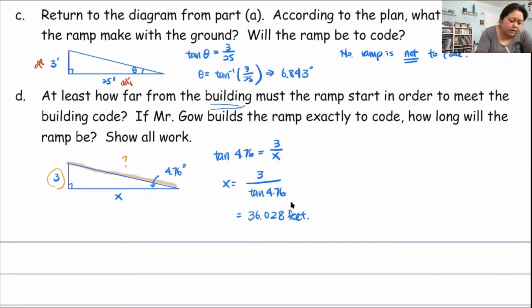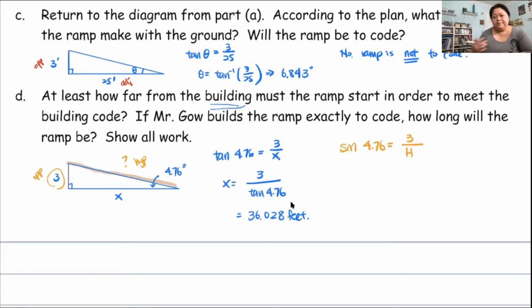So sine says opposite over hypotenuse, all right? So I'm going to say sine of 4.76 equals opposite over hypotenuse. Let's use h for hypotenuse, as how long the ramp is going to be. Very similar to what we had before. Actually, if you look at the equation next door, it's exactly the same, except this time I'm using a sine ratio, because sine is going to use the 2 very important parts of opposite and hypotenuse,